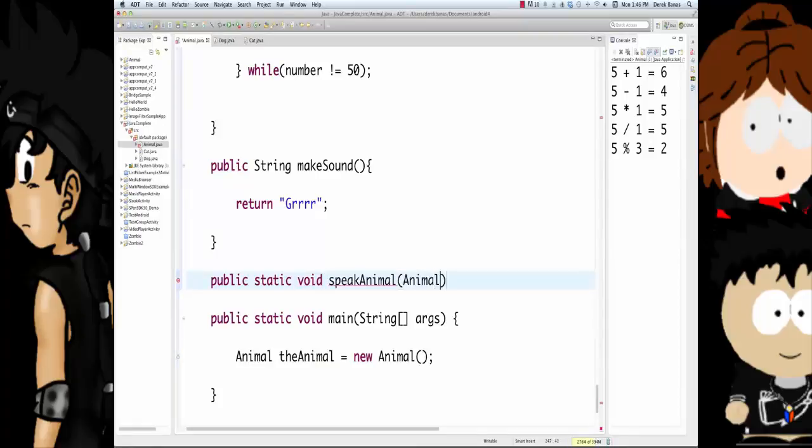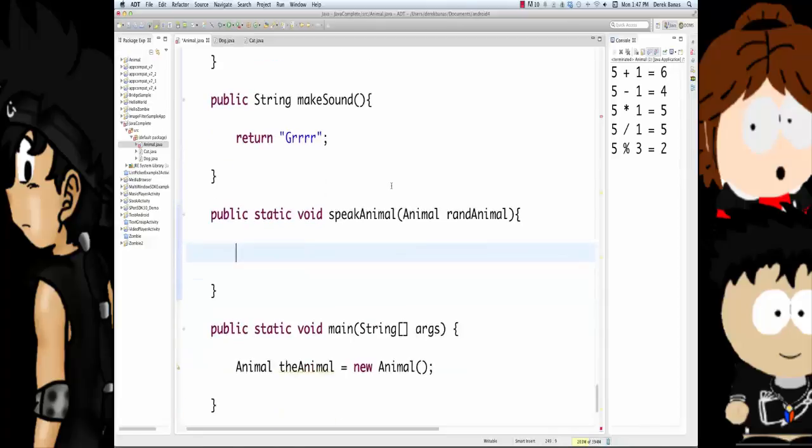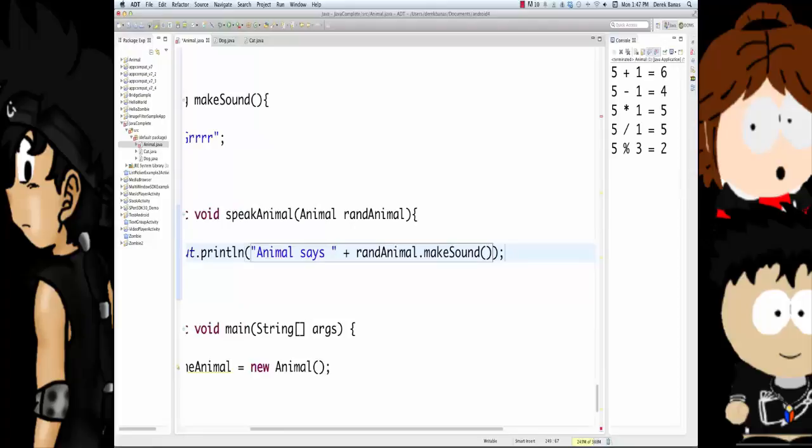This guy is going to accept any animal type, even if it's a dog or a cat, which we're going to create here in a second. And even if this method make sound and dog and animal are changed, it's going to automatically print out the right animal sound. That's part of polymorphism. So we'll just say animal says, and the animal that was passed inside of here, make sound, and it will execute the right method. I'm going to show you that here in a second. Actually, let's just do it.